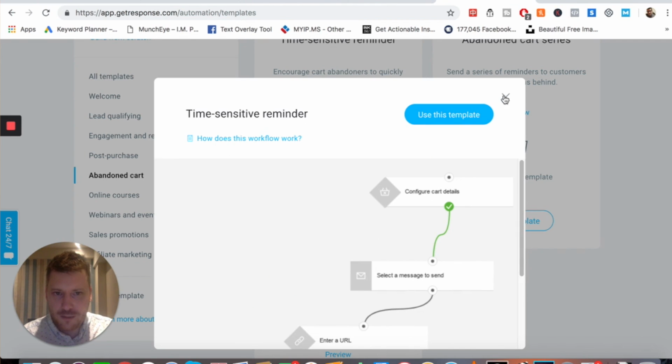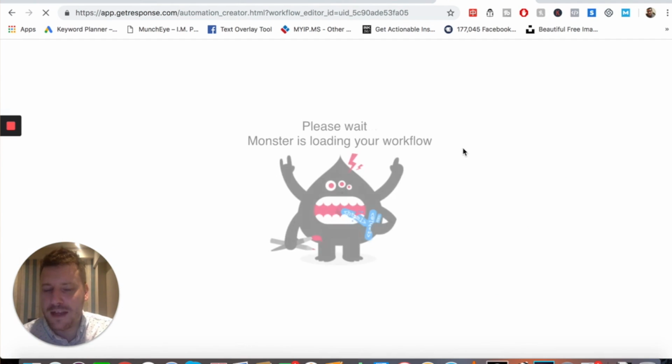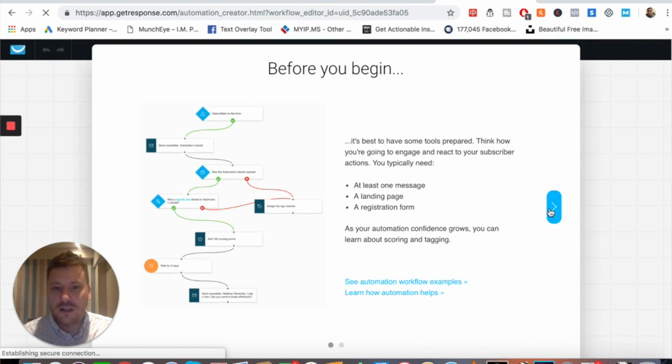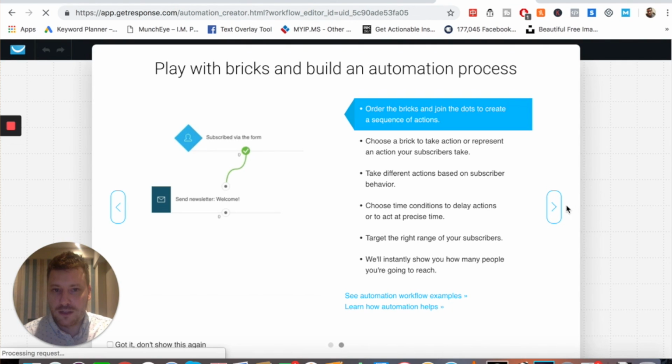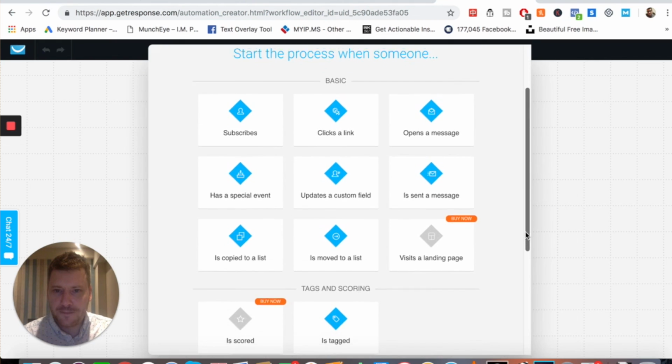You know, when someone abandons cart, we're gonna build from scratch and just do a hypothetical situation, like a one-size-fits-all. There's an awesome tutorial when you start using this for the first time that I would recommend following. It's really quick, and it will tell you